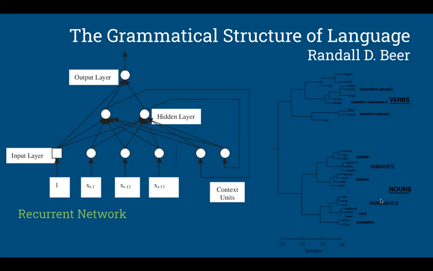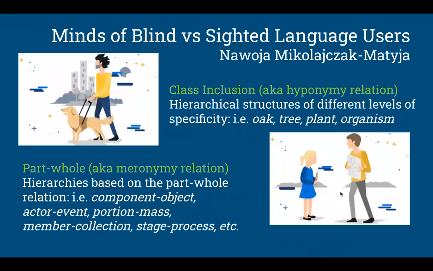So when looking at language and its dynamical model, I couldn't help but wonder if language is structured differently within those who are blind and those who are sighted. So to digress real quick, this next article that I found focuses on the role of hierarchical semantic relations and the dependence it may have on visual perception. In this study, 58 blind and 58 sighted language users were asked to give associations for a list of 75